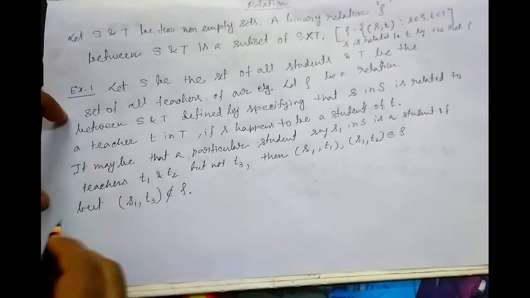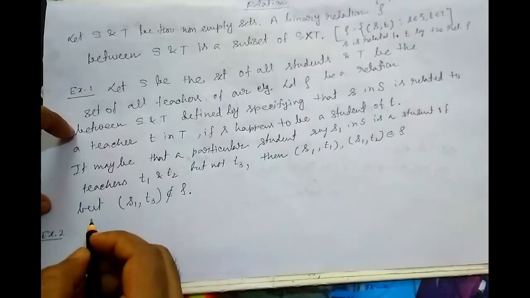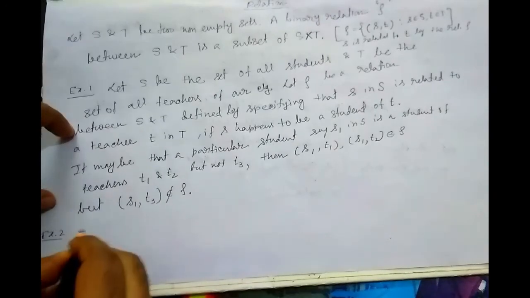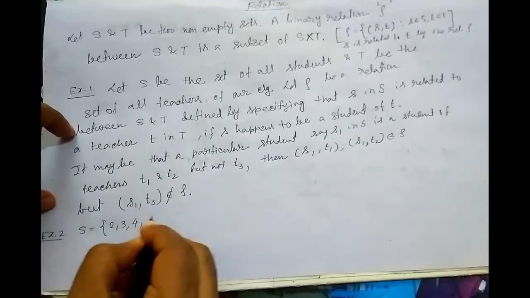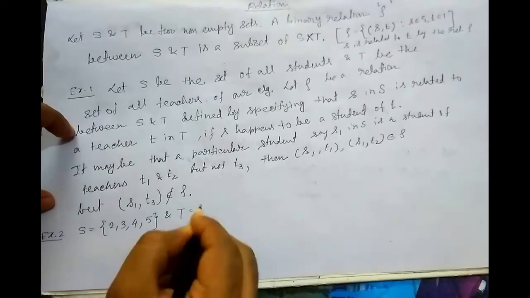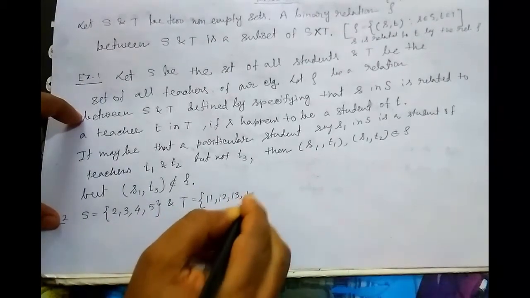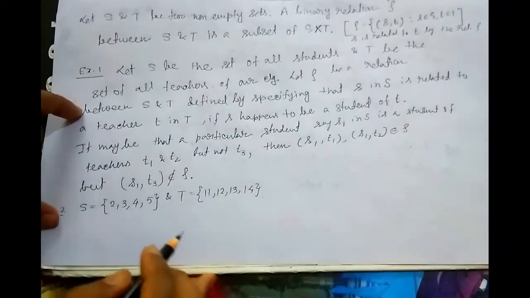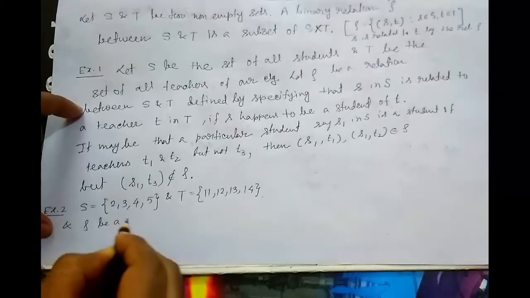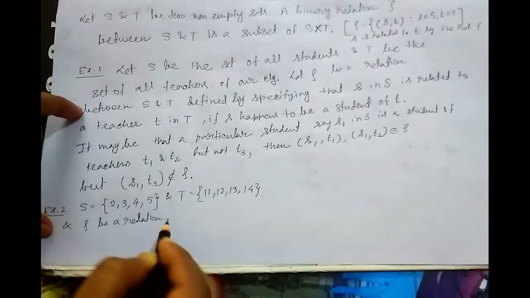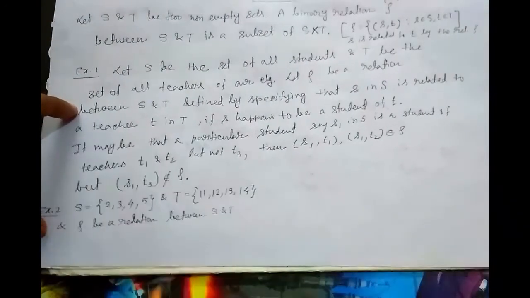So here I am considering example 2. See, if S is equal to the set containing 2, 3, 4, 5 and T is the set containing 11, 12, 13, 14, and rho be a relation between S and T, defined by